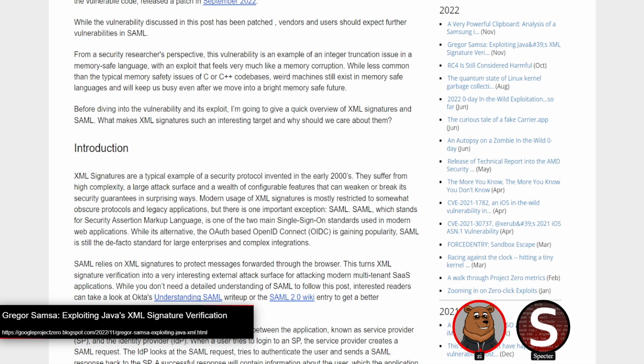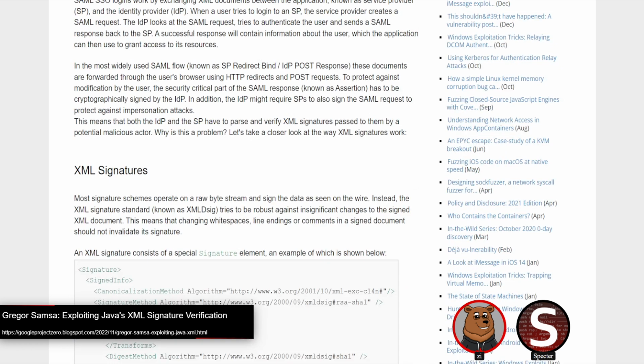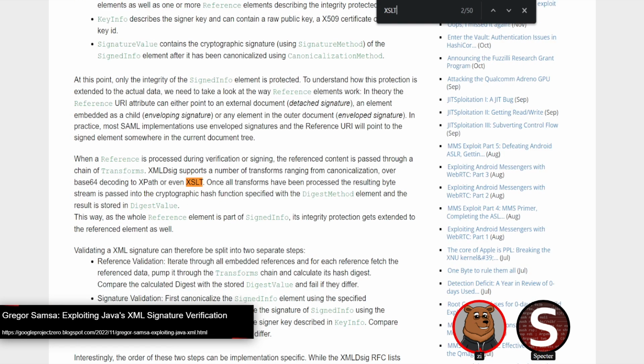One of the key things it does is, when you have signed information with these XML signatures, it can perform translations or transformations on the data itself to normalize it, canonicalize it, so both sides are comparing the same data to be signed. And that actually is way more complex than you might expect. That's where this XSLT comes into play,